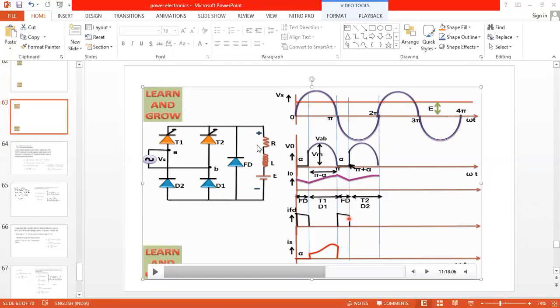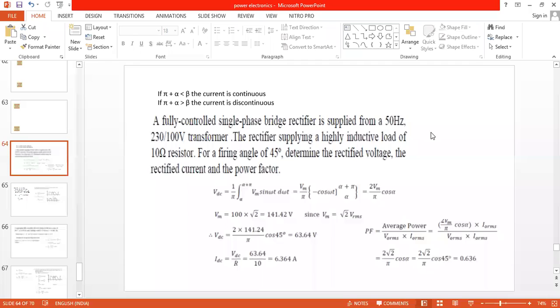So now we go back to the problem. I will explain this circuit later on. Now, let us come to this slide. All the students, the same problems will be coming in the JMT examination, right? So the inductive load problem we are taking is for a fully controlled converter, a single phase fully controlled converter.